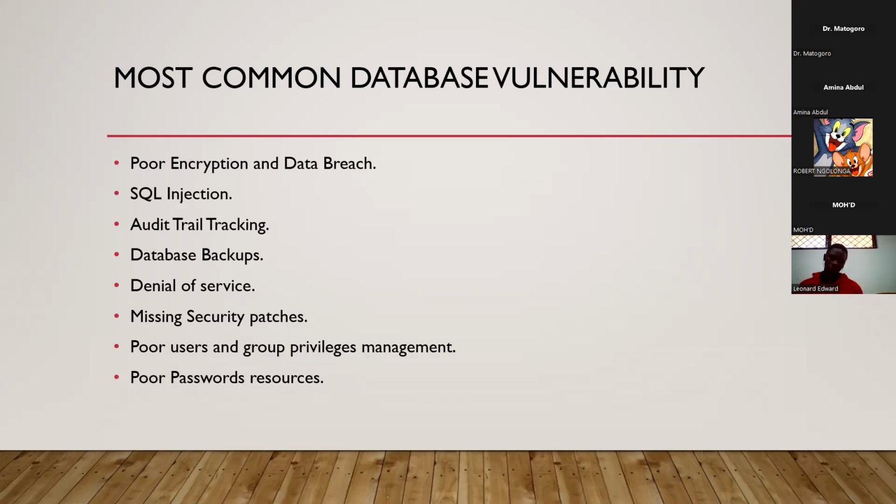So if a DBA doesn't manage this audit trail, they won't be able to know who has gained access to the database, but also won't be able to know if someone has more permission or privilege than is supposed to be, but also won't be able to ensure the integrity of the database, because you might find out someone has modified the information, but the DBA doesn't